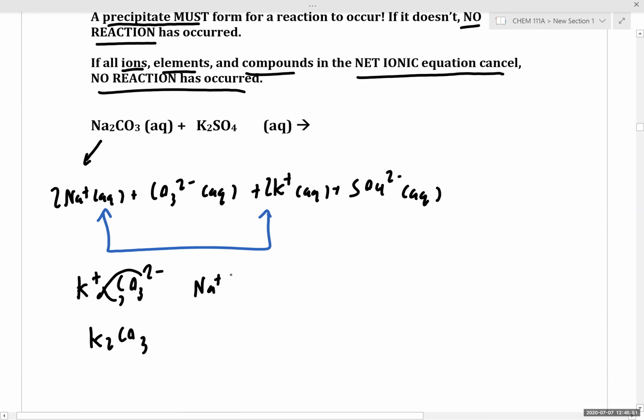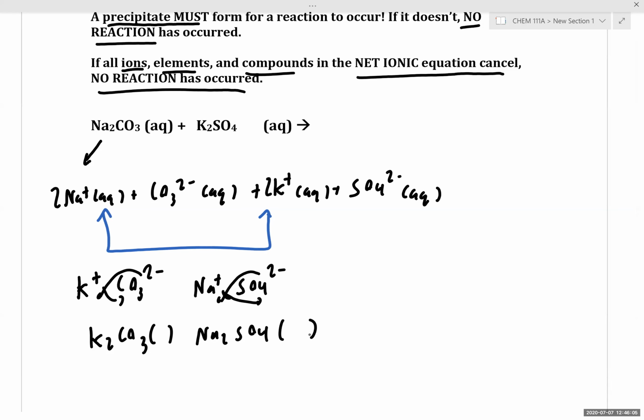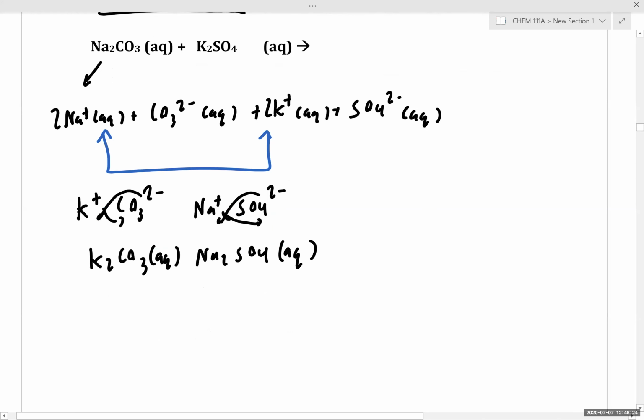and sodium sulfate. Now, looking at potassium carbonate and sodium sulfate, what state symbol do we assign to these compounds? Are they a solid, liquid, gas, aqueous? Are they soluble or insoluble? What state symbol do we assign to potassium carbonate and sodium sulfate? Aqueous, yep. So then, if we think about our